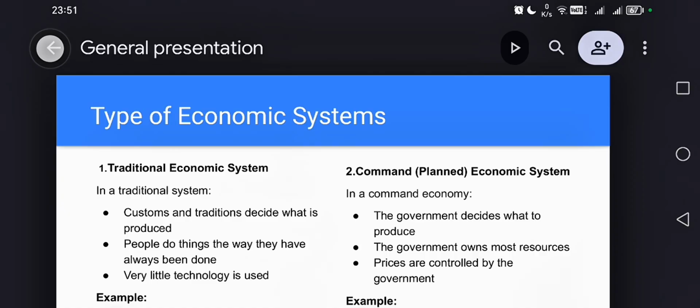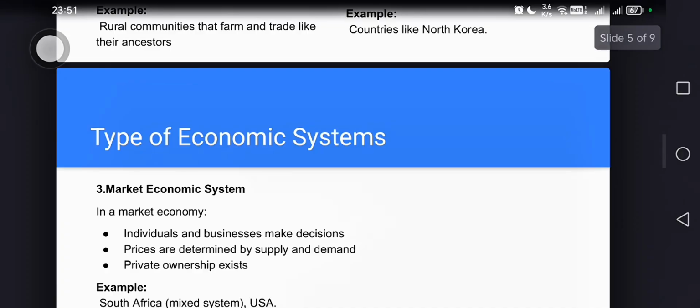Okay, I hope you understand the difference between the traditional economic system and the command or planned economic system. Then our third type of economic system is the market economic system. In a market economic system,